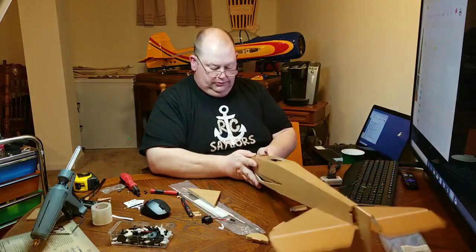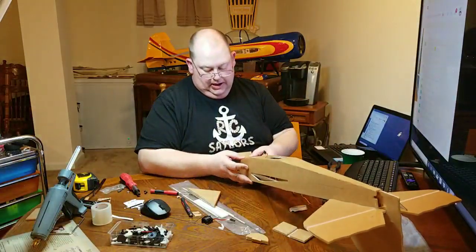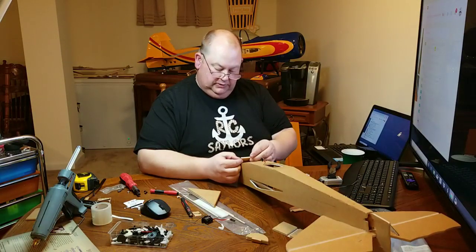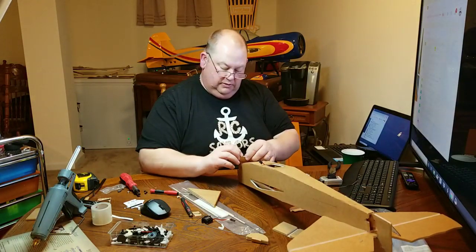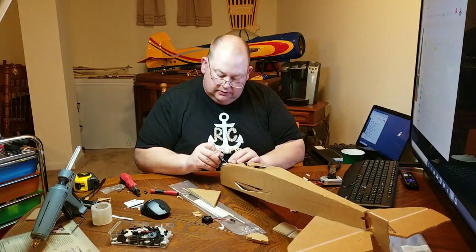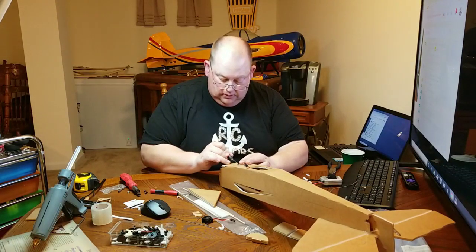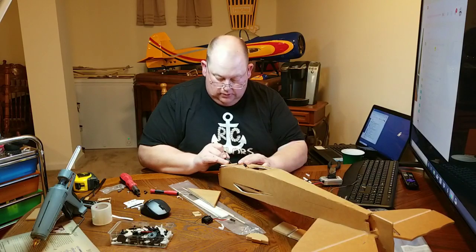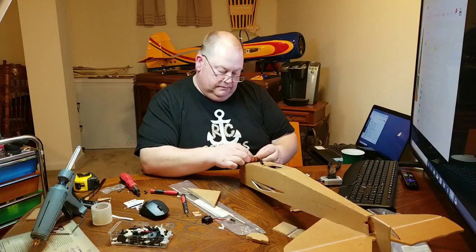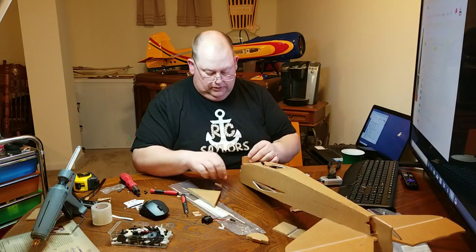So this part glues down like this, but I don't remember what they had going on with the front end here. Unless they removed these two pieces and then folded over, I think. That sounds right, actually. So I should have trimmed this. I'll remove this material here. Like that. This, and then